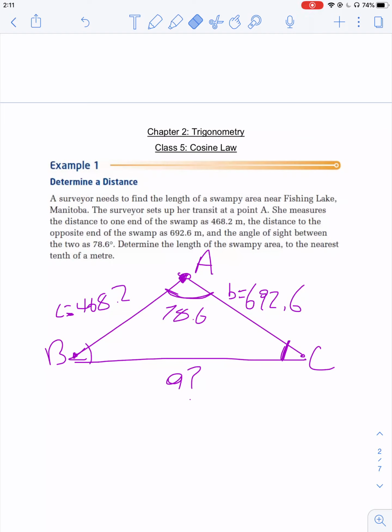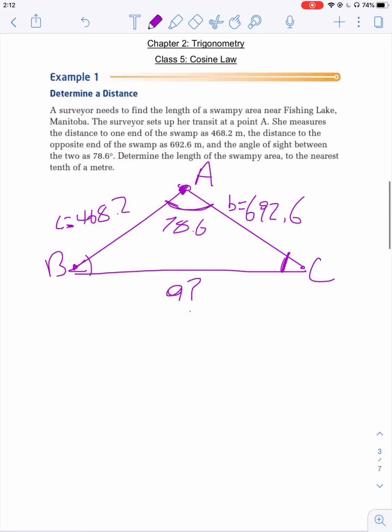So this is what the picture looks like, like I showed you in the starter question. Cosine law will work when you have side, angle, side, or if you have all three sides and no angle. Because you don't know what A is, you're going to start your formula with A squared. So A squared will equal, just like the Pythagorean theorem, B squared plus C squared